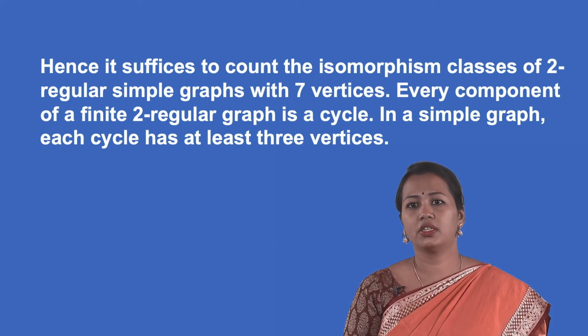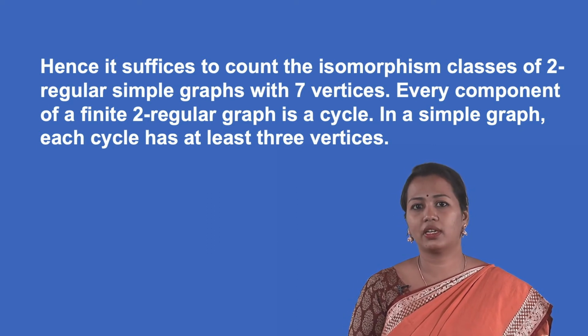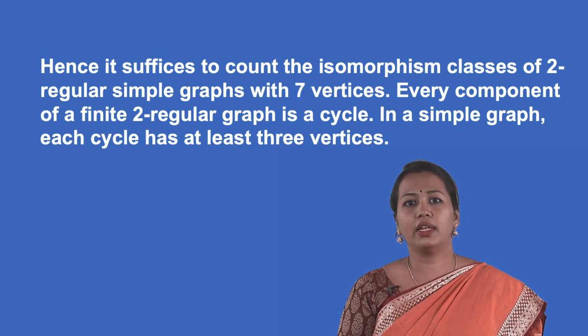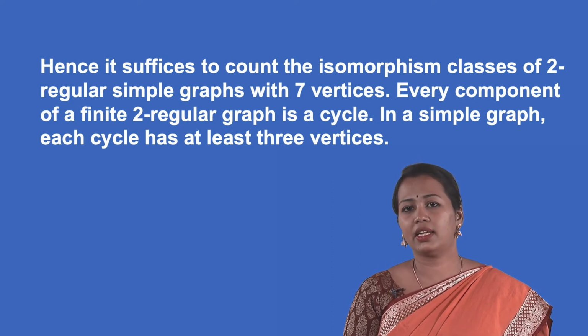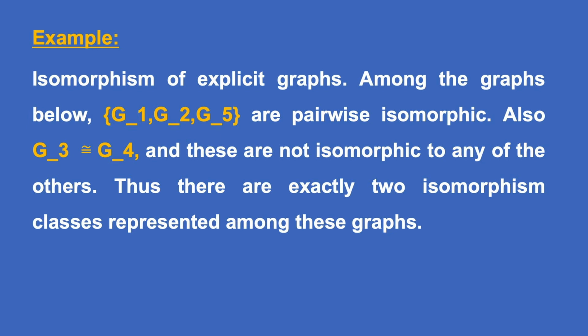Every component of a finite 2-regular graph is a cycle. In a simple graph, each cycle has at least 3 vertices. Hence, each class is determined by partitioning 7 into integers of size at least 3 to be the sizes of the cycles. The only 2 graphs that result are C7 and C3 plus C4, a single cycle, or 2 cycles of lengths 3 and 4. For example, isomorphism of